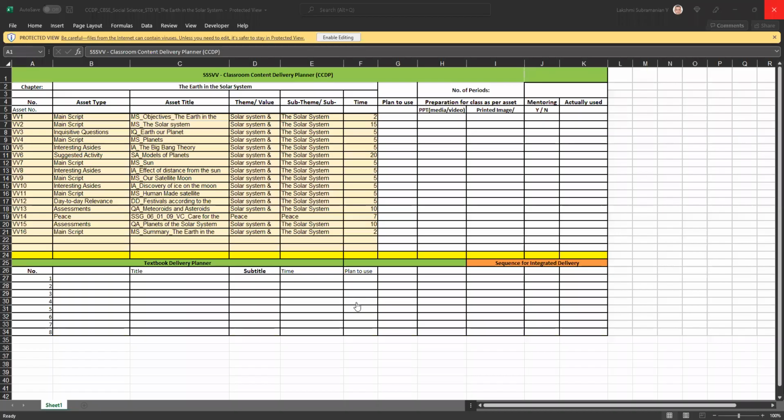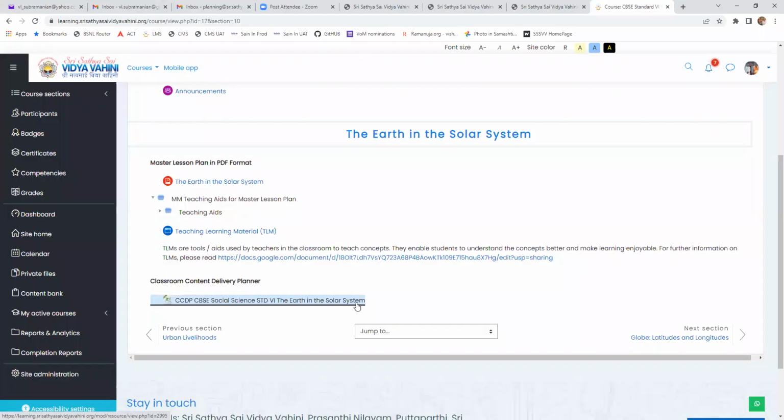See, as teachers, whether you are using Vidya Vahini content or otherwise, you go to the classroom fully prepared. Right? You have your own preparation. You would read through the chapter. You may make some notes. You will do some preparation. So, I don't think